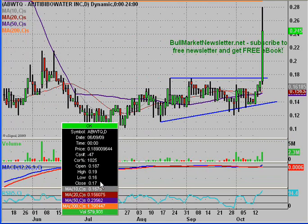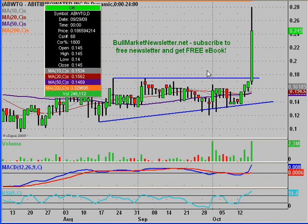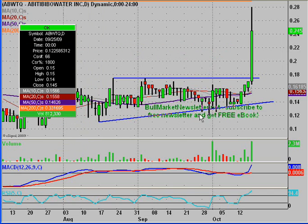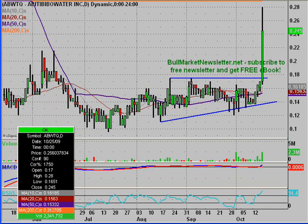Now, in terms of the actual support and resistance levels, it made a lot of good progress today, and let's just start off with the support levels because a lot of those were created today, and I'll explain what I mean by that. But what we had here was